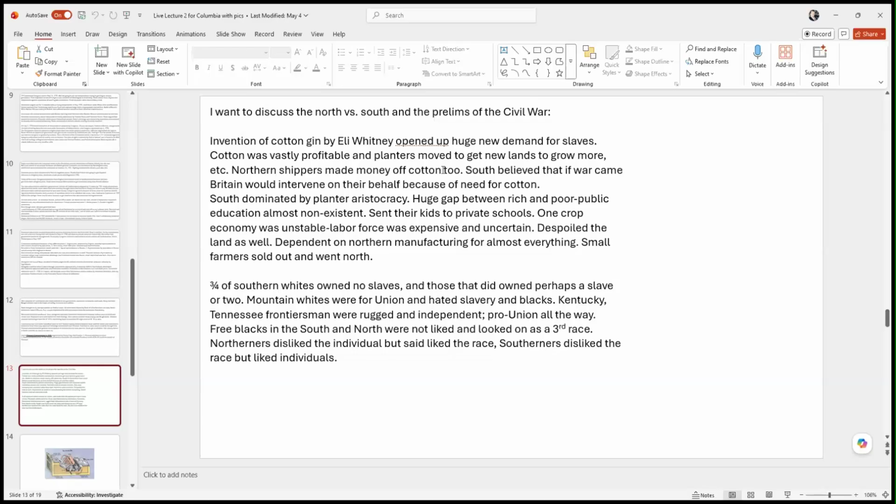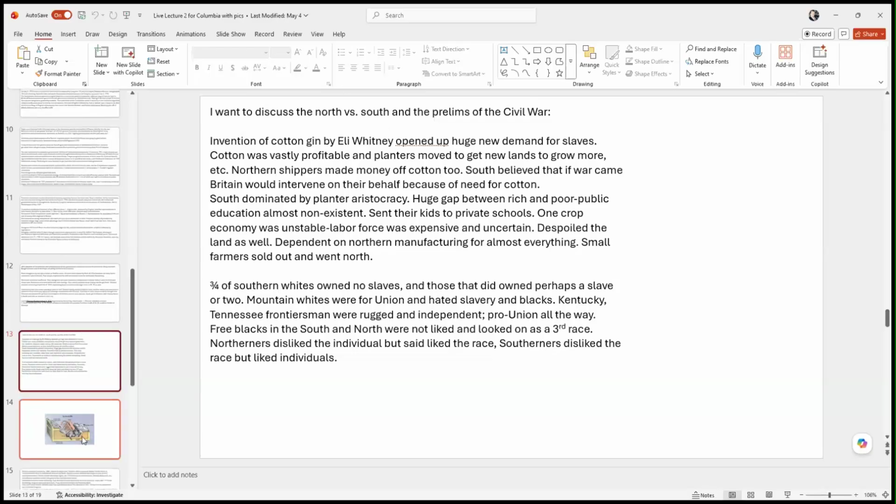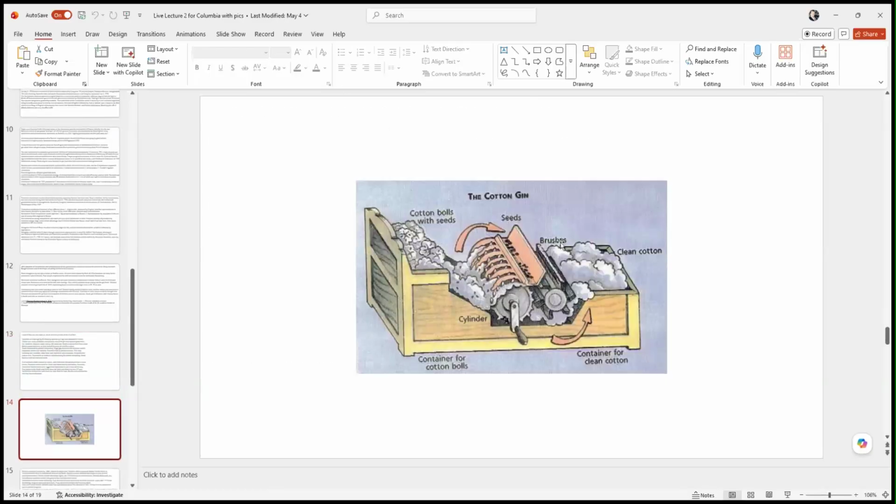Let's see what else I want to say here. Oh, I know. I wanted to show you this is the cotton gin. It's pretty simple. Eli Whitney got the patent for it, but everybody found out how it worked pretty quickly, and very quickly there were all kinds of knockoffs. People made their own. So pretty soon almost every plantation had one of these. And you just put the cotton in there and turn this thing around, and out comes the clean cotton you can put into bales and sell it. Okay.